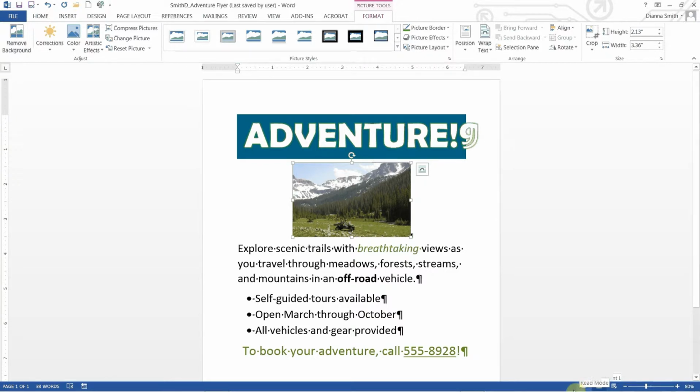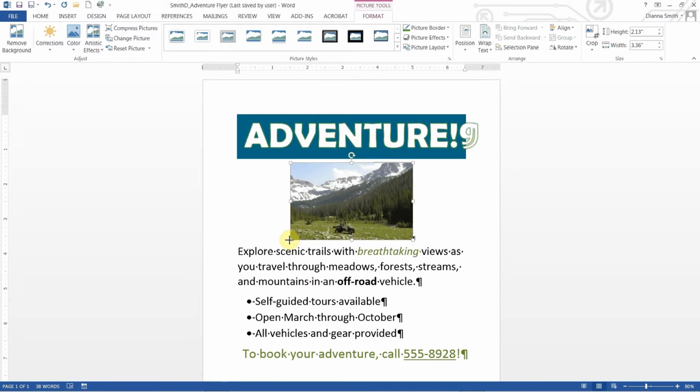Now to resize the graphic, you want to make sure first that the graphic is still selected. You know it's selected if it has the sizing handles all around that picture, and notice we also have a turning handle, so that picture is definitely selected. We want to take our mouse and point to a corner of that picture, and when you get to the bottom right hand corner your arrow changes to a double-sided arrow, and we want to drag it out until the picture is about the size